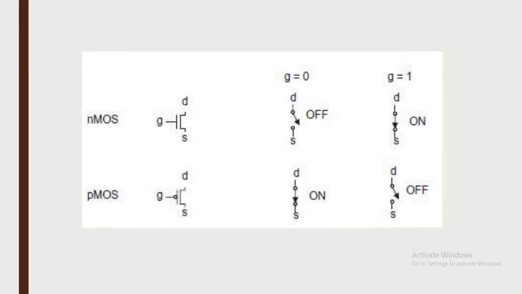As we can see in the figure, whenever the gate is equal to 0, the drain and source of the PMOS become short circuited, and whenever we apply high voltage at the gate, the drain and source become open circuited, because here we have a knot. So moving forward,